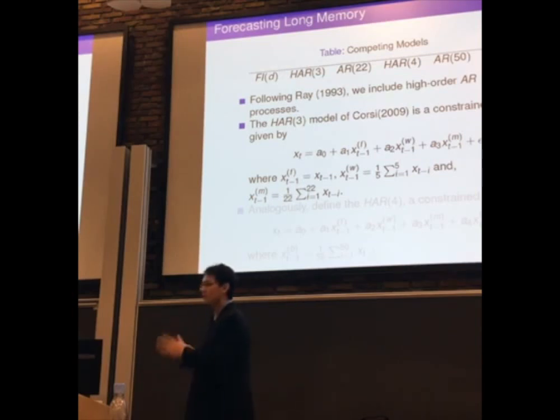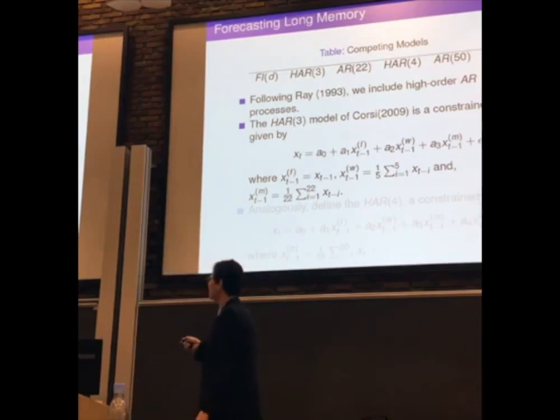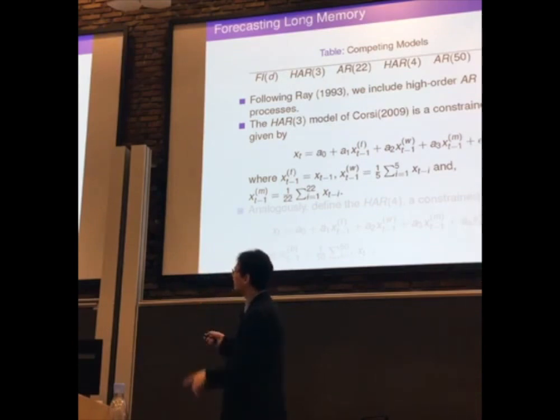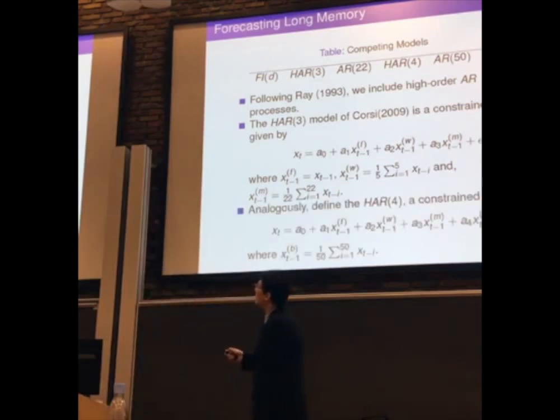Nonetheless, we are restricting the coefficients, so all of them have to be the same as in the sixth line and so on, and then also just one coefficient for the weekly and one for the daily. So we are estimating just 3 coefficients instead of the 22, and we see that may help for forecasting. So that HAR3 is related to the AR22. Also, for completeness, we consider the AR50, and we want to see how it compares against a similar HAR.